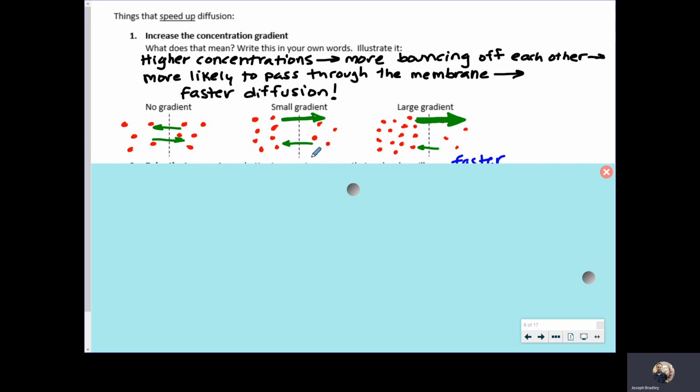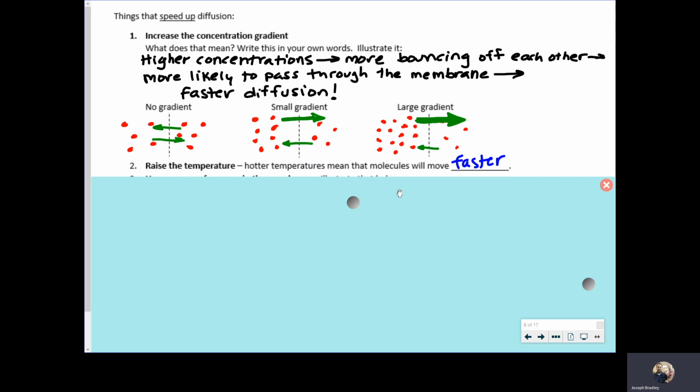When you're not getting any breathing, then you have no gradient, so there's going to be equal amounts. If there's a small gradient, you're going to get some movement of oxygen into the cell, but it won't be as great. But if you can get a lot of oxygen there, you're going to have a faster movement into the cell because there's going to be a stronger push